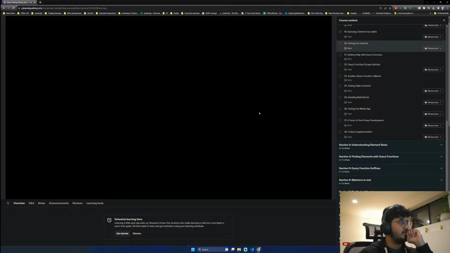To test the user list component, we first need to create a new test file inside of our project. Inside the src directory, I'm going to make a new file of UserList.test.js. At the very top, I'm going to add an import statement for render and screen from @testing-library/react. I will also add an import for the UserList component, which is inside of the same directory, so it's just a ./